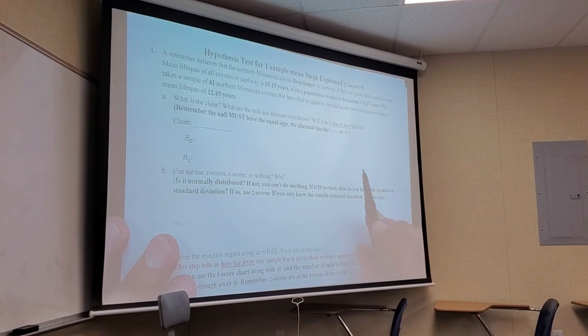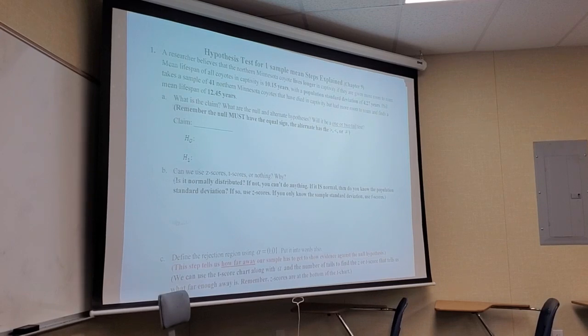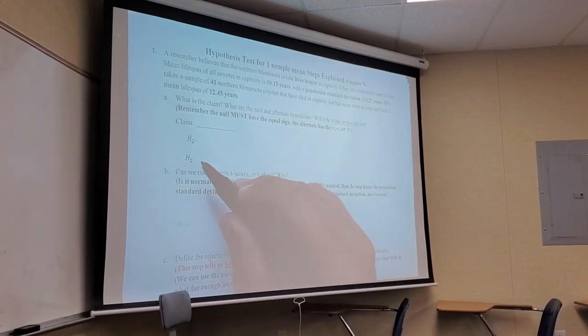Everybody read through it. What is the claim in English? That if they have more room to roam, then they're going to live longer than 10.15 years. Good. So they'll live longer than would normally be expected. So what's normally expected is